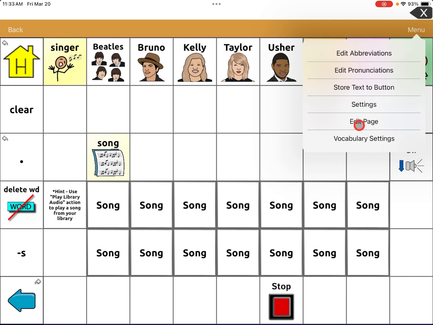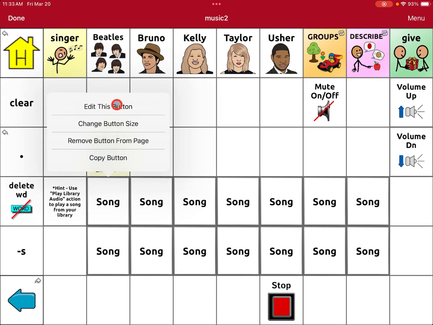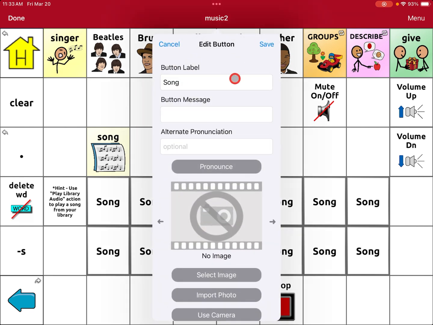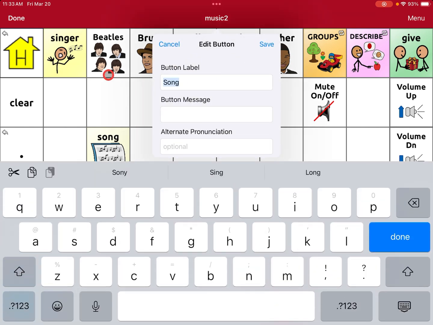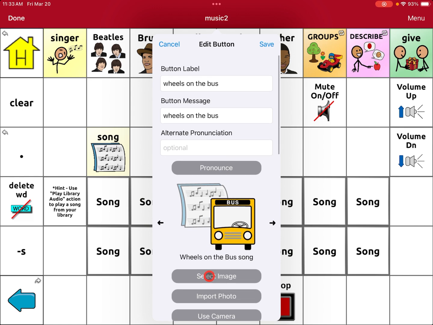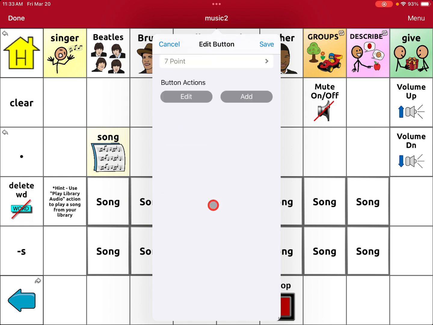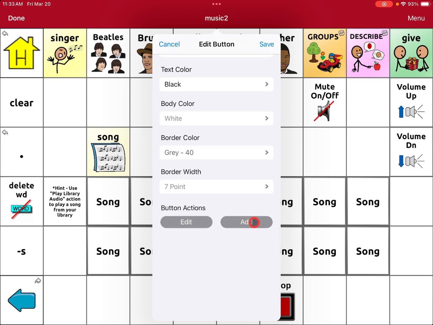So I'm gonna go to Menu, Edit Page. I'm going to click on this, edit my button, rename this to whatever makes sense for you. Done. Add an image if you'd like. You can select image or import an image. Then we're going to scroll to the bottom. Now I'm going to add,